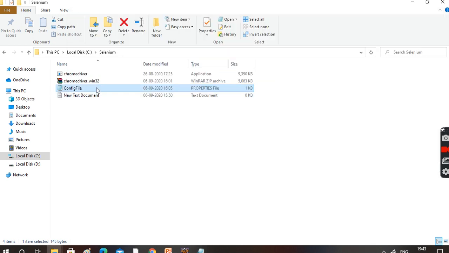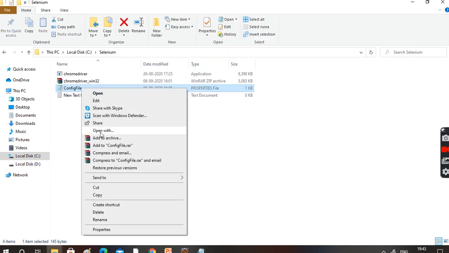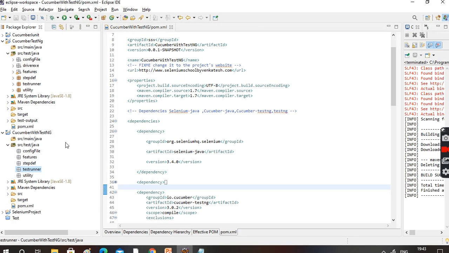Okay, so here is what I'm going to do. I'm just copying and pasting it here. Why am I pasting it here? I want to keep this at my project level. Is it compulsory to keep the configuration file at project level? No need, you can keep it outside also. For this demo purpose, I just keep it inside.